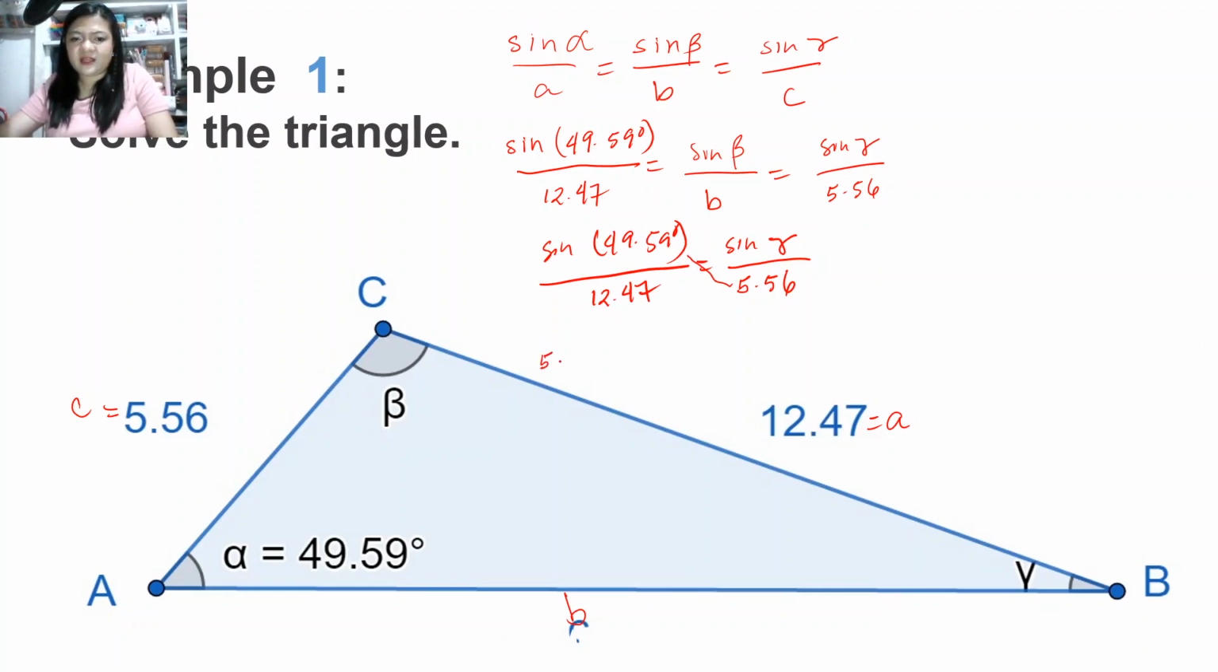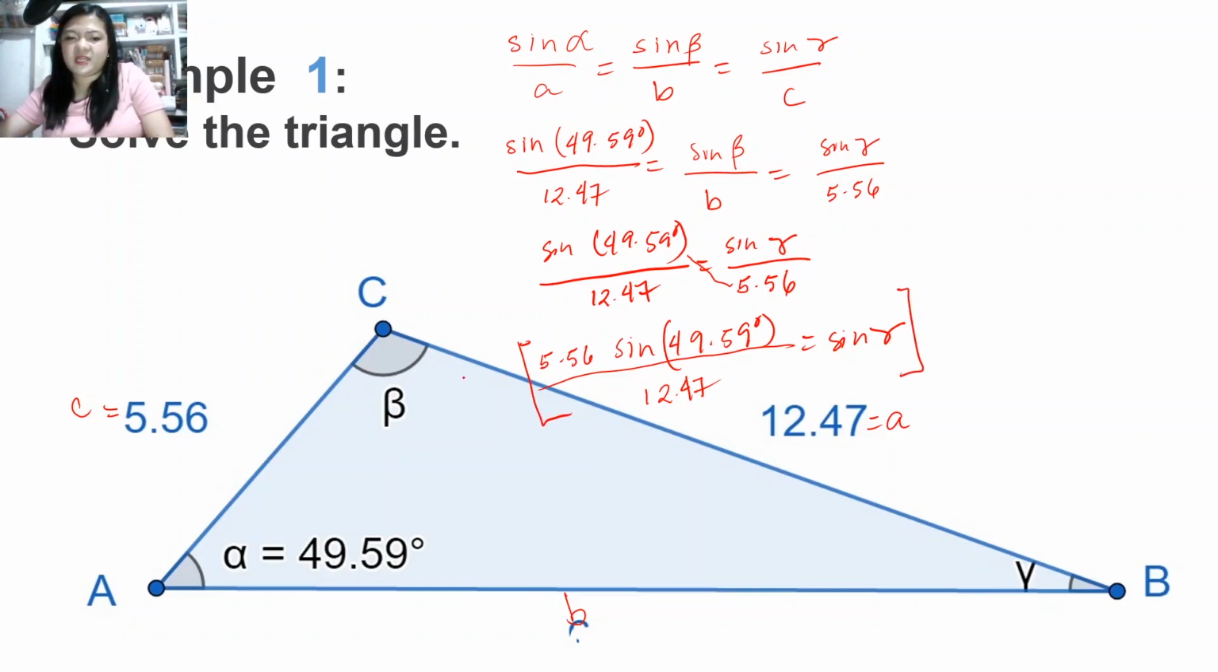So we have here 5.56 times sine 49.59 degrees all over 12.47 is equal to sine gamma. But we are only looking for gamma, so we have to multiply both sides by the inverse of sine, which is arc sine. So sine raised to negative 1. So we have